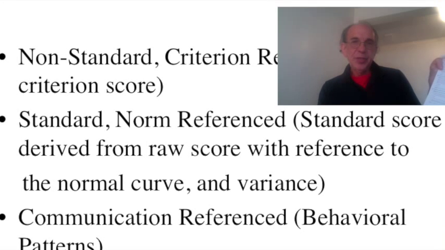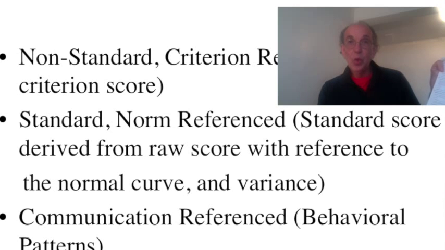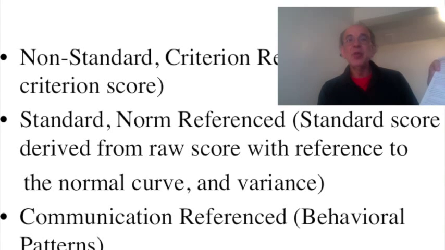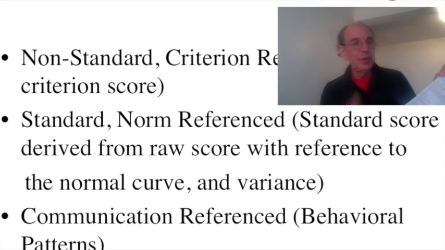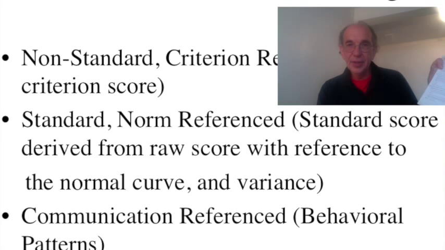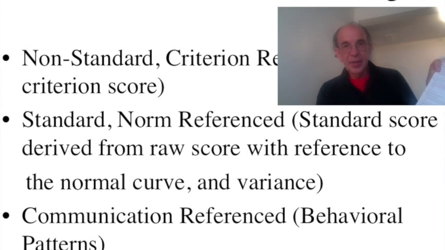The difference between norm reference scoring and criterion reference scoring: criterion reference scoring ends with the raw score. That's it. You don't do anything else. You just compare that raw score to the total possible number of points the client could have gotten, or the total behaviors the client could have shown